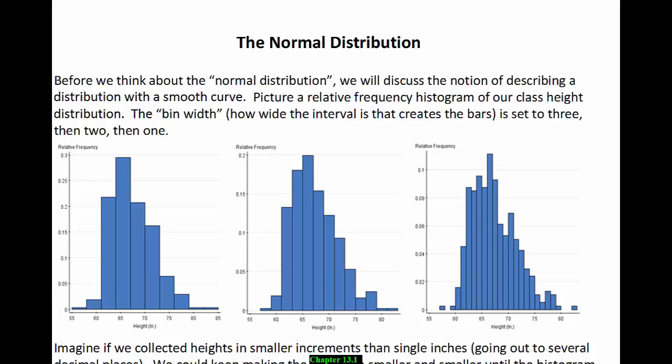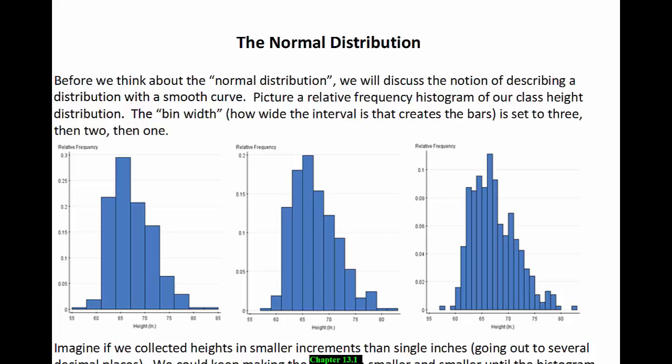Chapter 13 covers the normal distribution. This is a famous distribution. If you've ever heard of the bell-shaped curve or a bell curve, that is the normal distribution. So before we think about this specific distribution, we're going to discuss the notion of describing a distribution of values